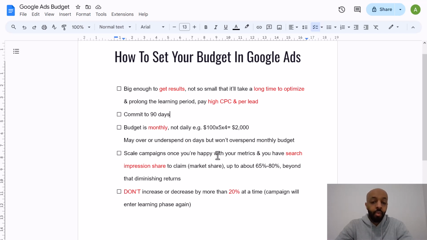And so yeah, once you're happy with your metrics and you have search impression share to claim, which is basically market share. So search impression share, it's a number given as a percentage. Basically, it means the number of searches that your ad could appear for, okay? Not necessarily the ones that you want it to appear for, but how many searches it appears for out of 100. So if you've got a search impression share of 20%, you're appearing for 20 out of 100 searches that